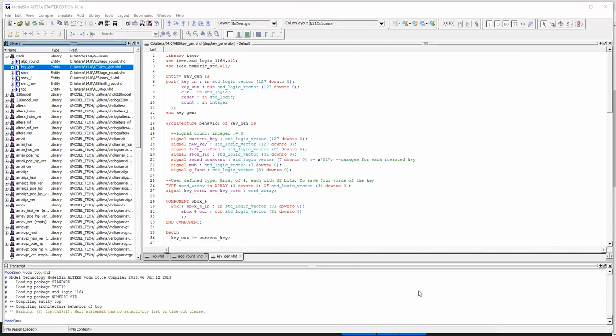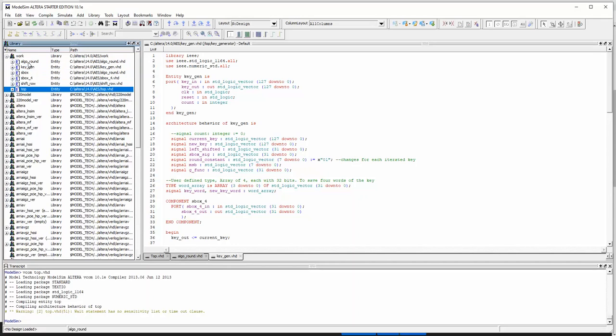So this video is for the advanced encryption algorithm implementation on FPGA. In this video we are going to simulate all these files that we have seen so far to check whether we have implemented the right code or not. To do that, this is our work library, and under the work folder we have